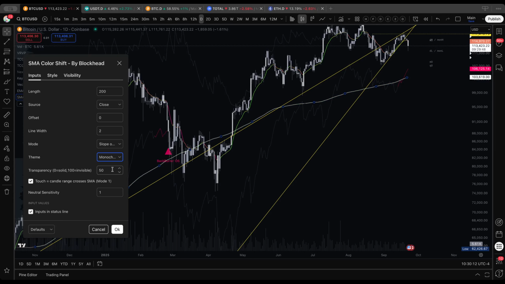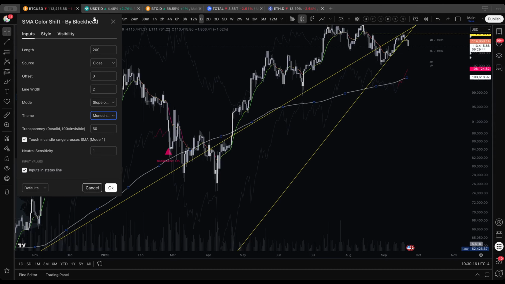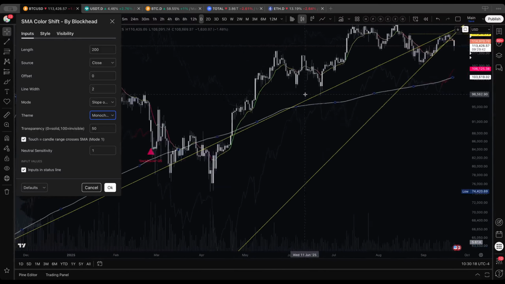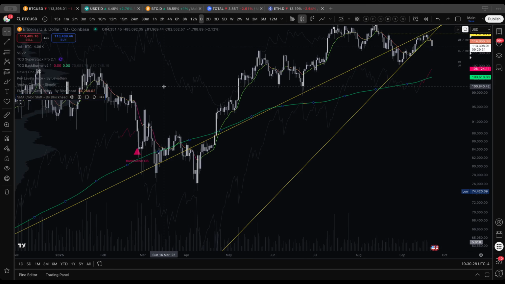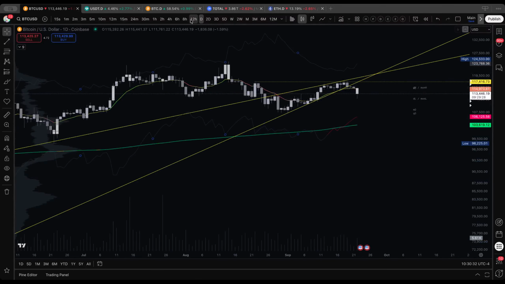And if you don't like all the crazy color, I have a monochrome theme in here as well that just changes the intensity of white depending on the slope of the SMA or above and below. But I like the traffic light, which is simple green, yellow, or red, depending on how you have it set up. The other one on here that I use is